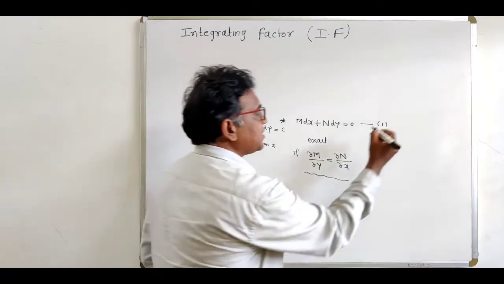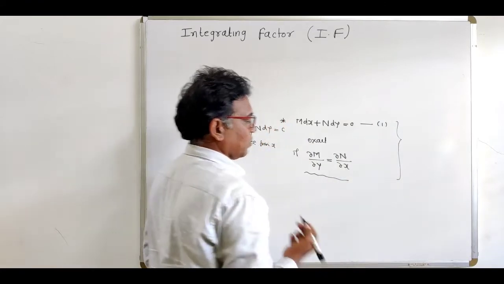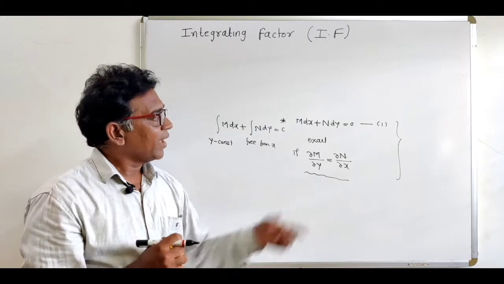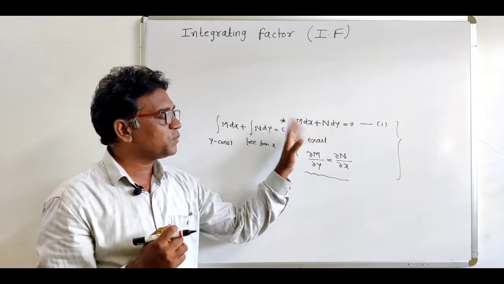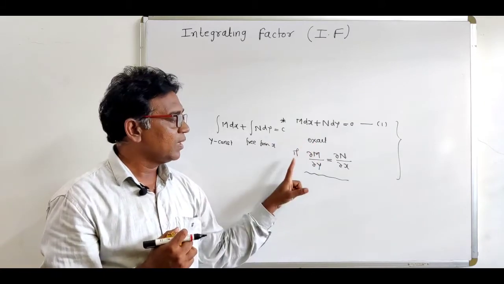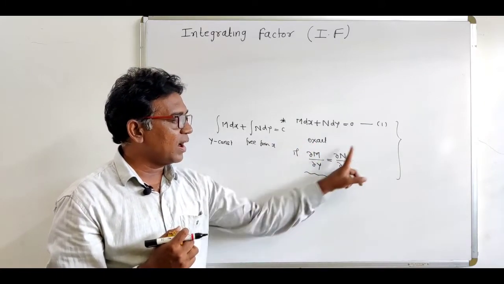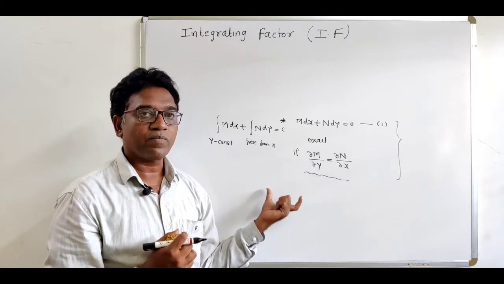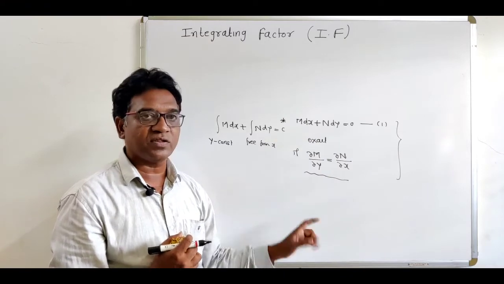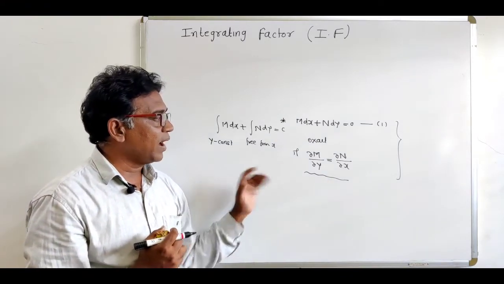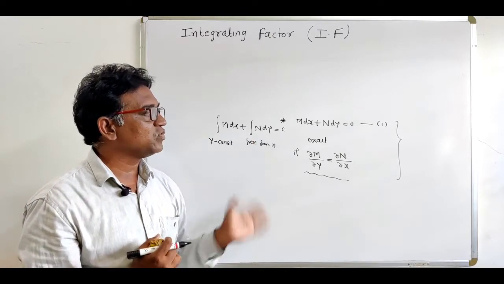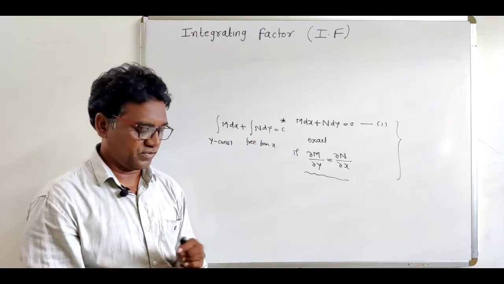So first of all, remember this concept. We have seen this concept in the previous video. So what was that concept? If the differential equation M dx plus N dy equal to 0, it is said to be an exact differential equation if del M by del y and del N by del x are equal. And if it is an exact differential equation, then we can find its solution. And what is the formula for finding its solution? This is the formula for finding the solution of an exact differential equation.